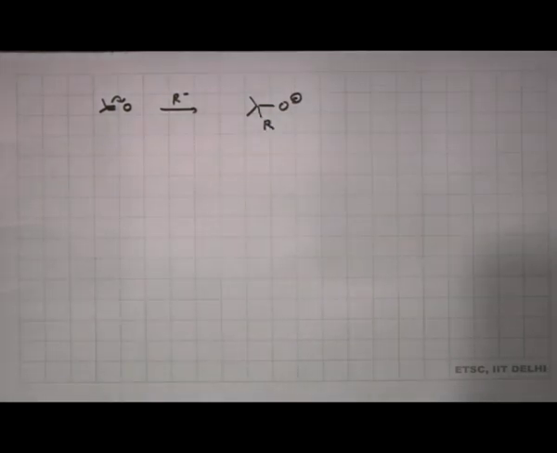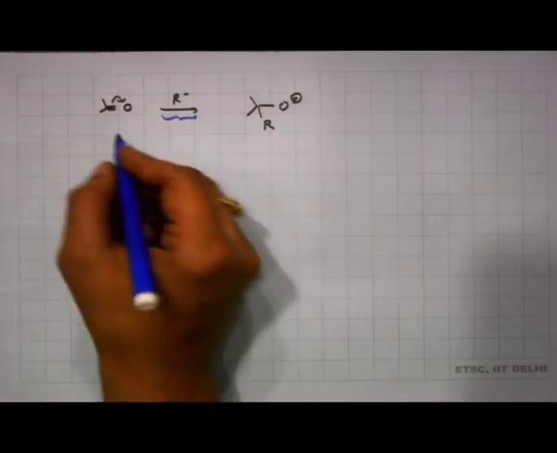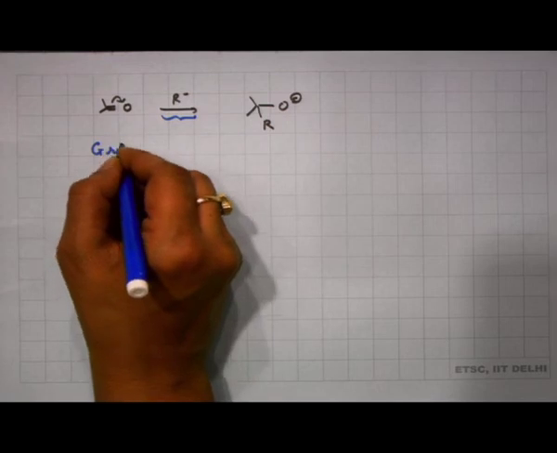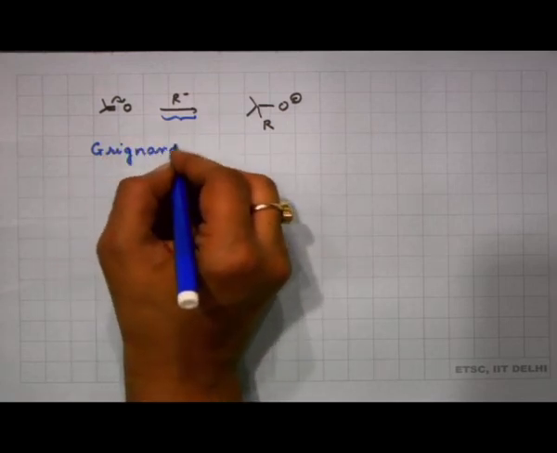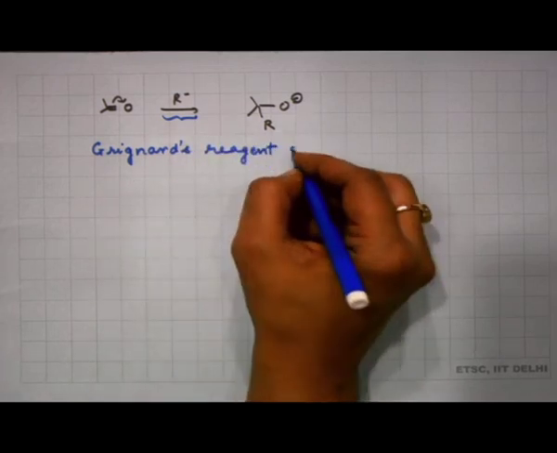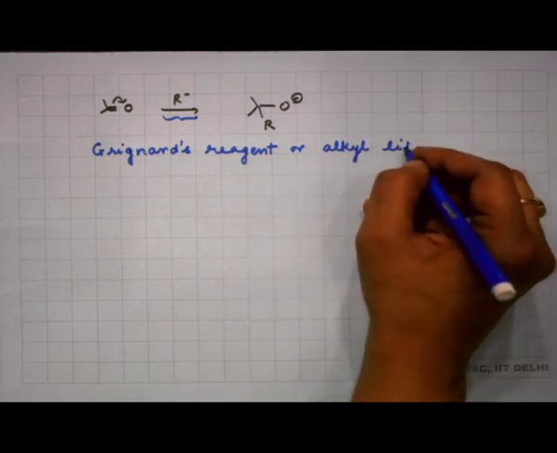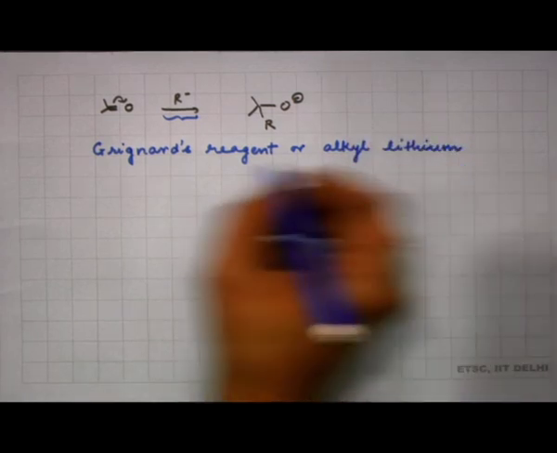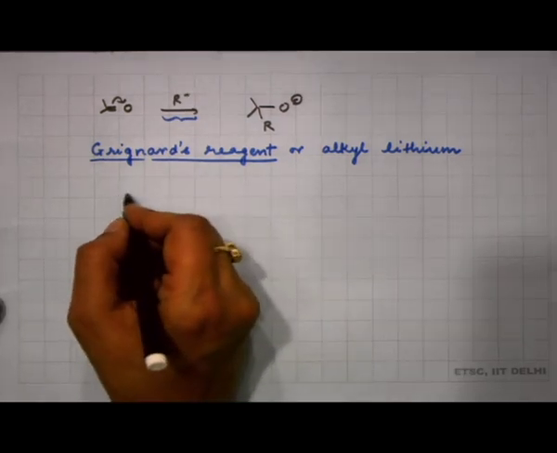So, the first thing which comes to our mind for a source of an alkyl bearing a negative charge is the Grignard's reagent. So, the reaction of the carbonyl with Grignard's reagent or the closely resembling alkyl lithiums. So, the Grignard's reagent and alkyl lithiums can be used again to reduce the carbonyls into the corresponding alcohol. So, a Grignard's reagent, as we all know,